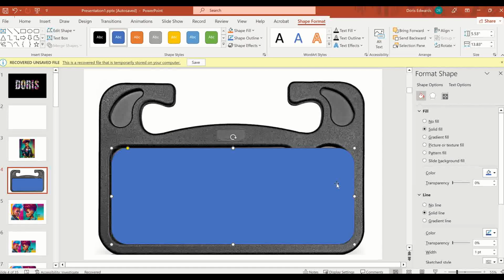This right side is messed up. Okay, so what we're going to do, I'm going to show you how to use edit shapes. So here you have this edit shape option. You just click on that little drop down arrow and you're going to choose edit points. So these little things right here, these are called points, guys, when you're working with shapes. So I'm going to say edit points,